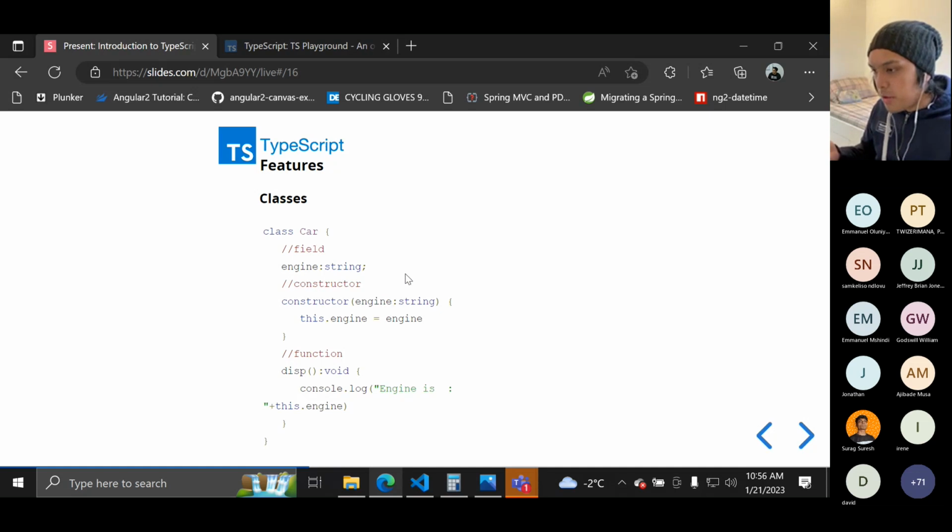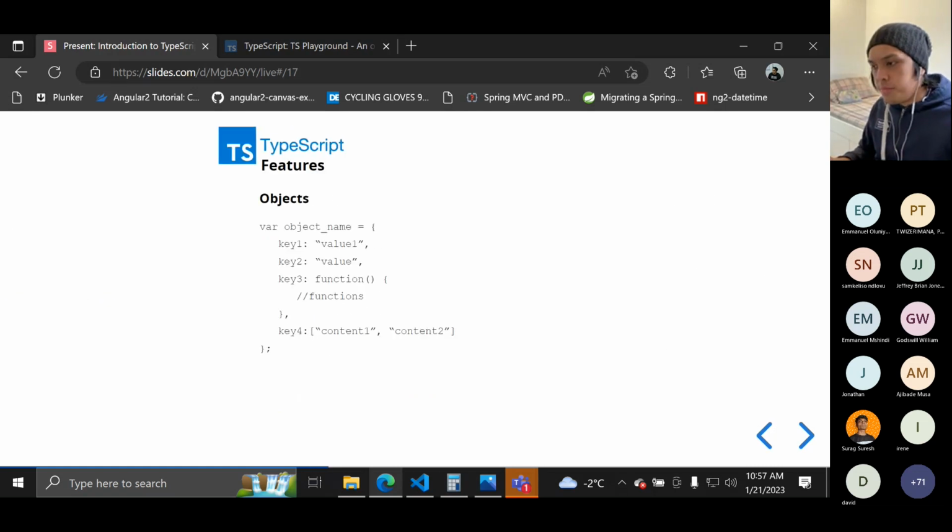In this example, we have the engine string property, and we would want the developer or the user to set the value of engine once he instantiates a new object. So we define the constructor with engine as a parameter, and we assign the engine value to the engine property of the class. We can also have functions just as the interface, but compared to interface, classes should have an implementation of the function.